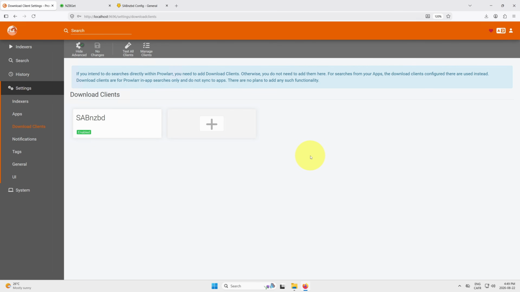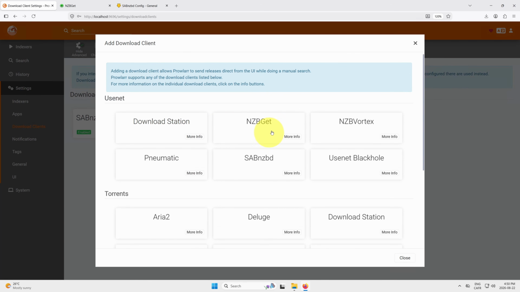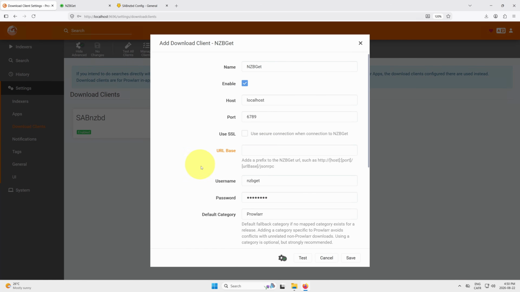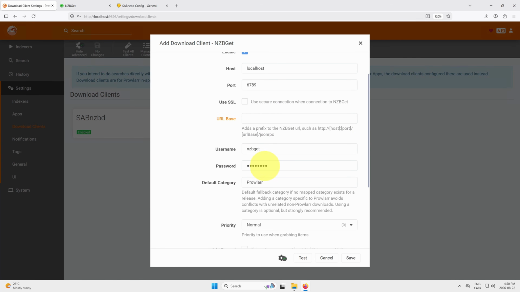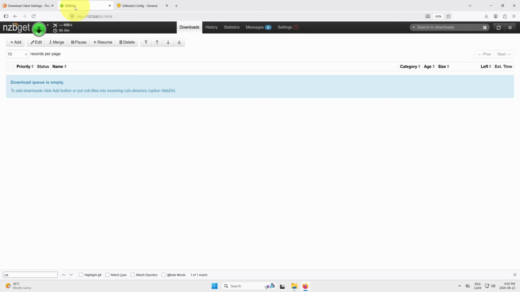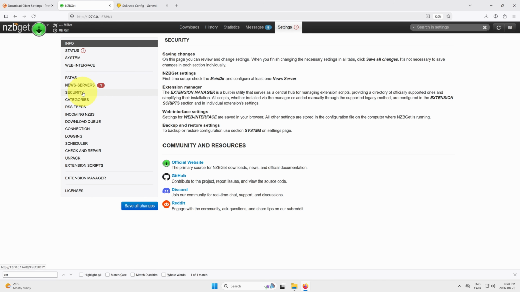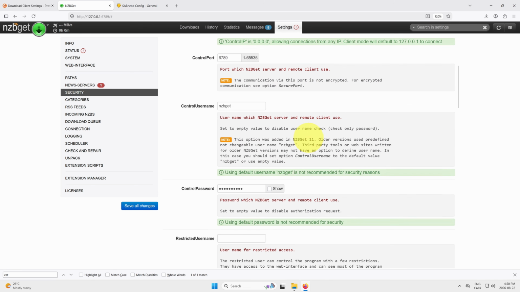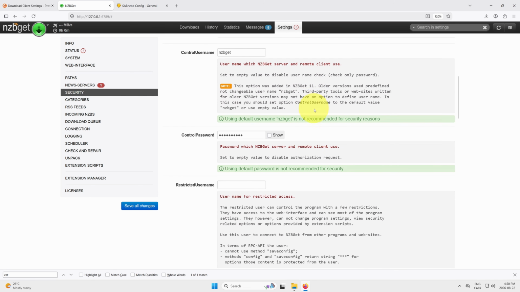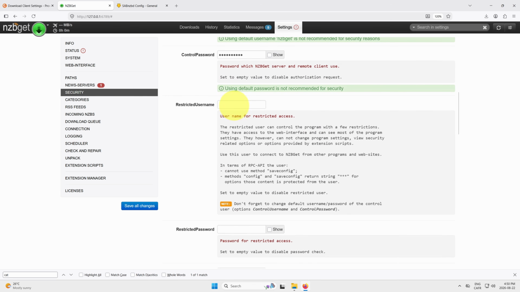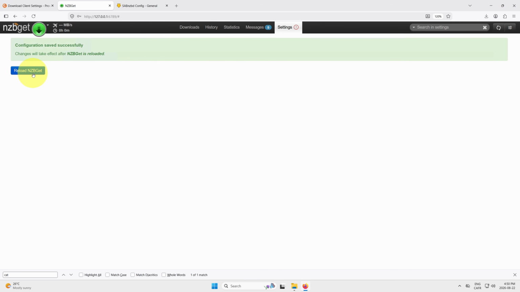And most of my video is on SAB, but if you want to go with NZB-GET as a downloader, you simply click here, click NZB-GET. Once you're here, you're going to need a username and a password. This is extremely simple. You simply go into NZB-GET, you go into your settings, you go into security, you scroll down, you have your main password here, but you want to go in restricted username and restricted password. So for me, it's home server channel with a password. You want to click save all change, reload NZB-GET,